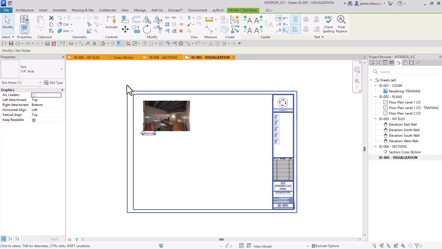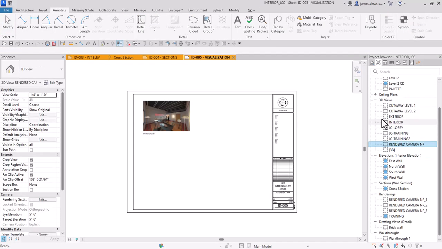Or if I save my rendered views into the browser in the project, which is not really what I recommend, but I wanted to show the three different options. So that would be an outside image that you bring in and then you just use text. Then you could have views that are just using the view settings, like the cutaway view,